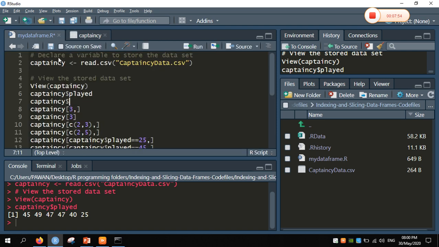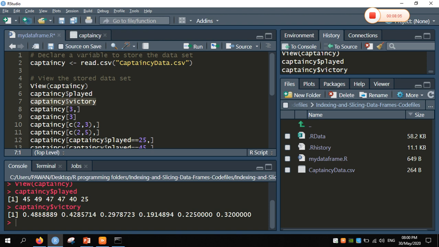So I am going to select dollar victory. So select this line and select run this line only. So it will give the victory column values. So in this way, using the dollar operation, we can retrieve particular columns in a data frame.